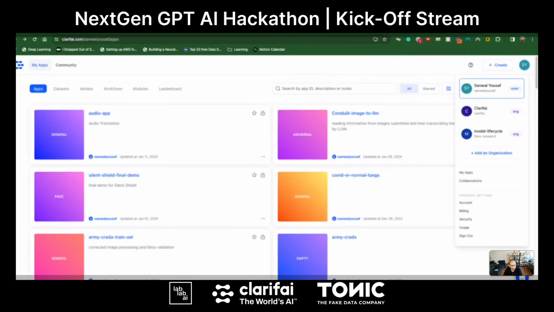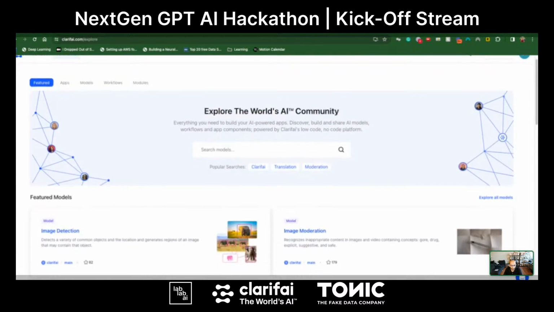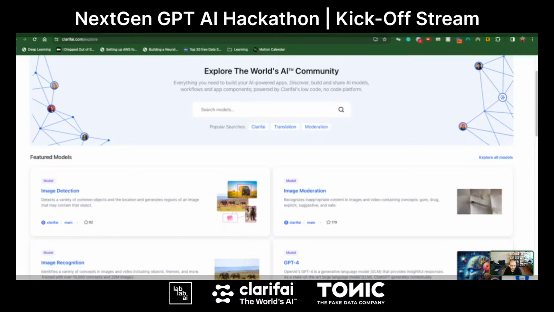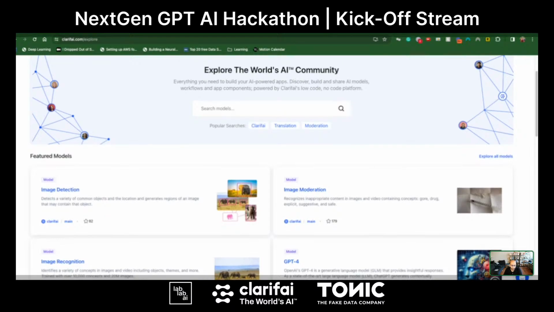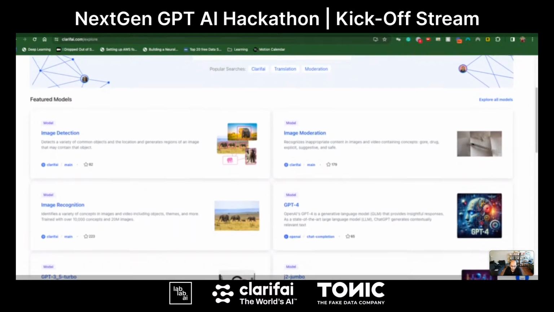Once you've logged in, the simplest thing you can do is go ahead with our community models, as Nick saw a little bit in his introduction. You can think of community as a repository of Clarifai models and open source models that we have imported, upwards of 500 of them.